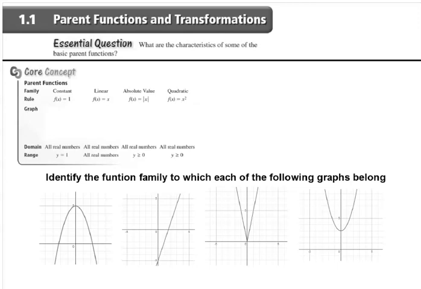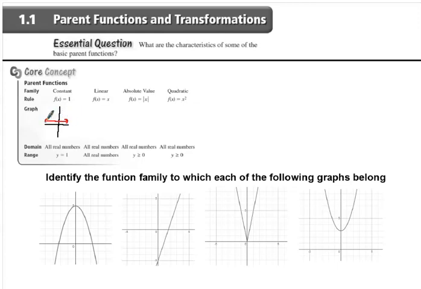Hello, in today's video we're going to be talking about parent functions and transformations. We're going to focus on four parent functions. The first is a constant function. Remember, f of x just means y, so really we're looking at y is equal to 1 in this scenario. If I draw my coordinate plane, y is equal to 1 would be a graph that is a horizontal line,